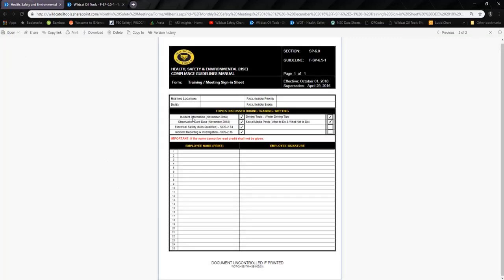This sign-in form actually has the information in the presentation already populated, so you don't have to do that. Should you discuss other topics not listed here currently, you can add those in the blank spaces. You can also pre-populate this form with your employees' names. All you'll need to do is download the form,